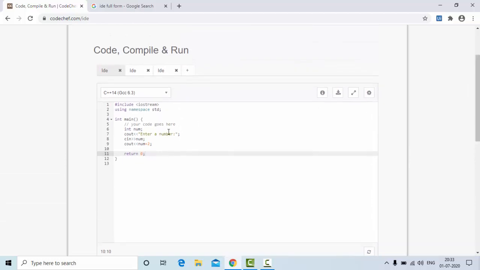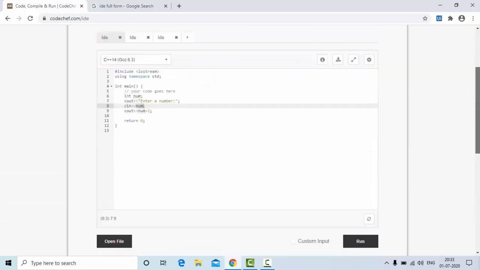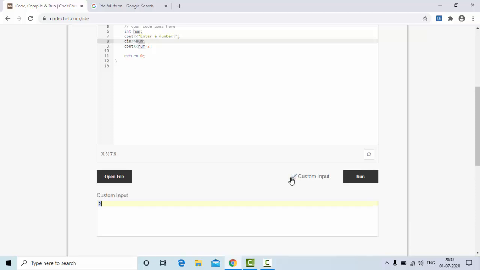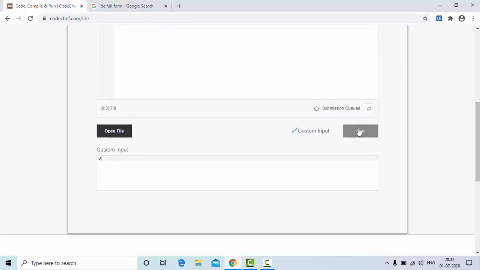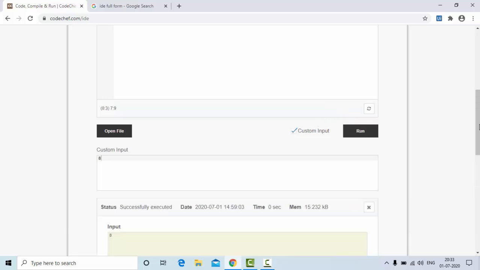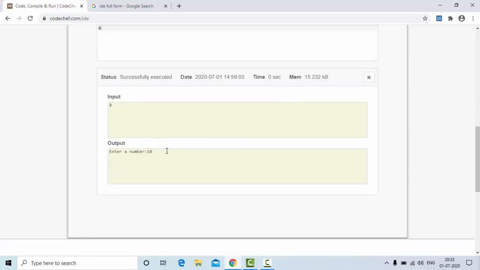Here you want to read the number from the keyboard, so you just need to click on this custom input, and you need to enter whatever number you want to enter. Let me enter it right here. That means this part won't exist here; it will come in the output that you will see. But to read this number I have to give this 2 here, and let me run this. I have given my input. If I run this, now you can see it is executing here, and you got the prompt to enter a number, and the output also.